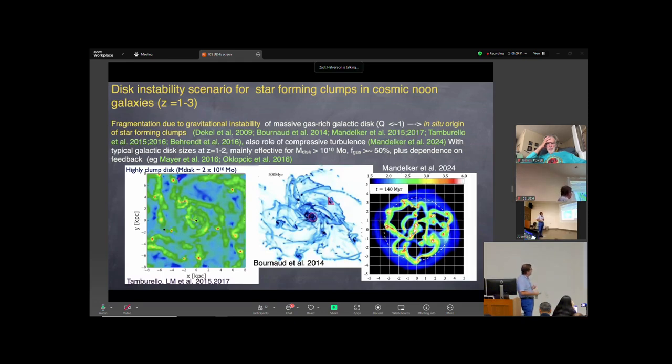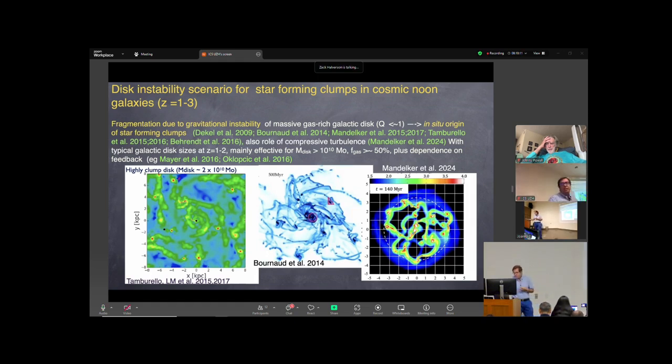And here you see many examples of simulations. This is from our group a few years ago. This is from the group of Mandelker, and this is from the group of Avishai and Nir, even more recently. There have been other additions to this scenario. For example, the role of compressive turbulence makes the picture a bit more rich,